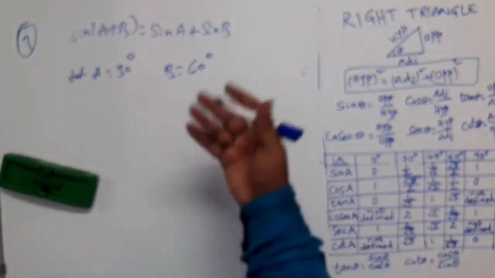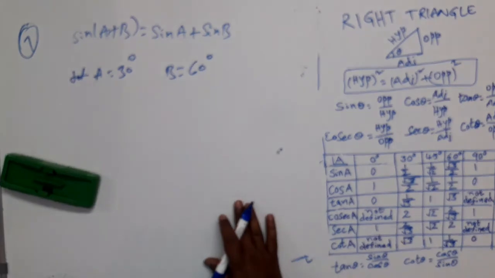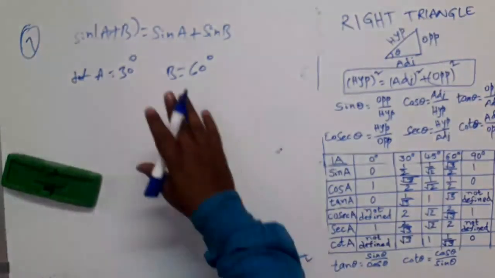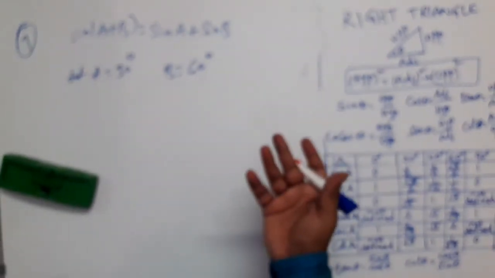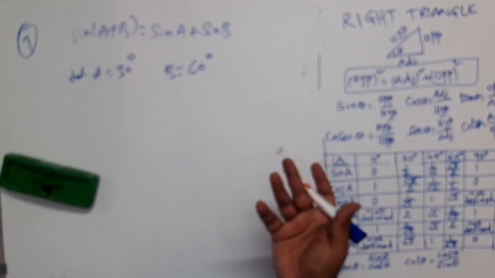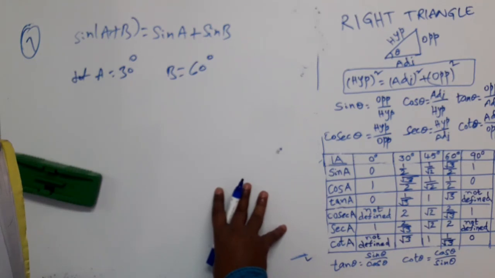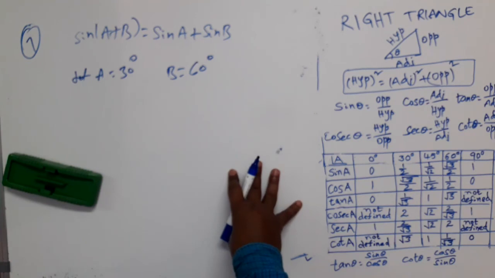I cannot say directly that this equation is true for all angles. I will go for another combination. If that is also true, I will go for another combination. Even if all these combinations give me true, then also I cannot say that the equation is true, because there are so many angles which are not tabulated here. Yes, 10 degrees, 80 degrees, maybe they can be 2 acute angles of a right angle triangle. Of course, he has not mentioned, nothing has been mentioned about the angles A and B. So there are infinite possibilities.